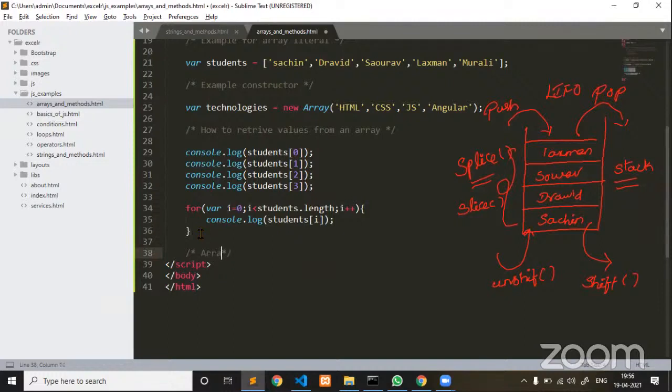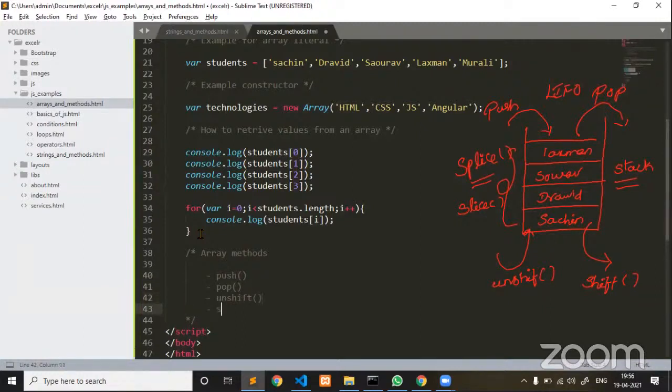Array methods. I listed out the push method: push either single or multiple items that you want to push at the end of an array. To delete the last element, pop. To insert fresh items at the beginning, you have to go for unshift.